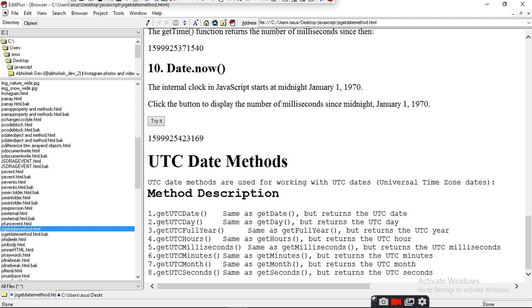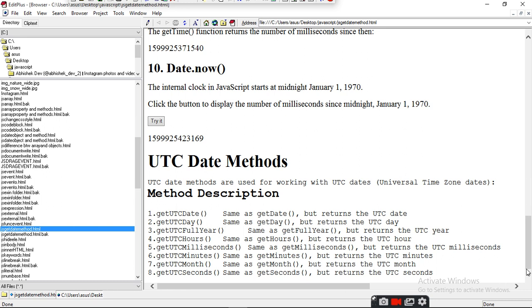So, Universal Time Zone dates. UTC date is same as get date. UTC day is same as get day. UTC full year will get same as get full year. UTC hour will same as get hour, which already we have done.